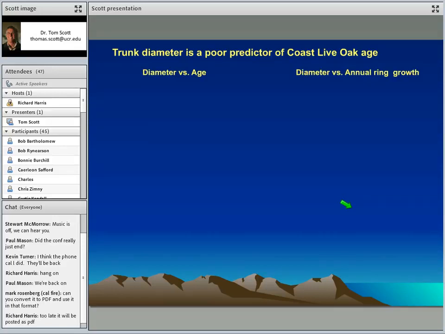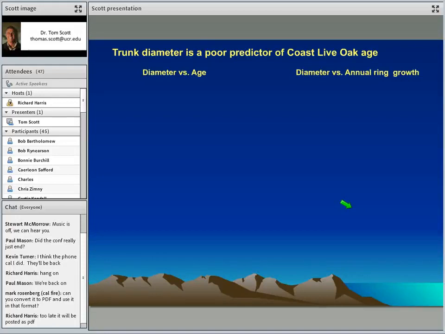These would have been two curves. I'm just going to give you the R values. If you guys have ever taken statistics or you've heard people talk about correlations, when we try to correlate diameter with age, we end up with an R value that's basically worse than random. The R value is about 0.13. So diameter is a very poor predictor of age when you cross-section trees and you count the number of rings that are actually inside them.